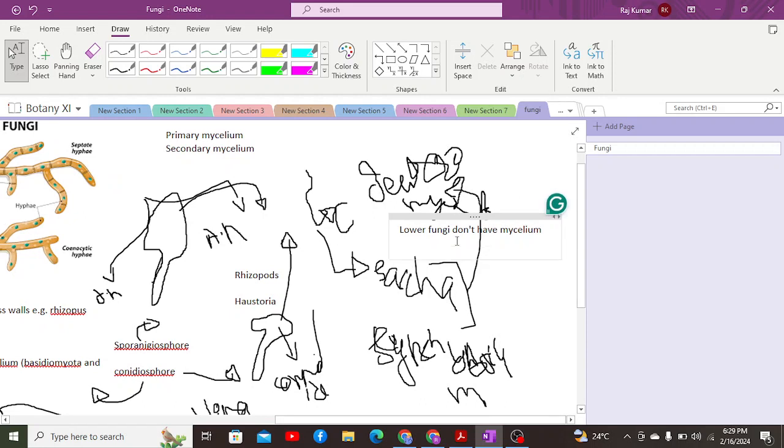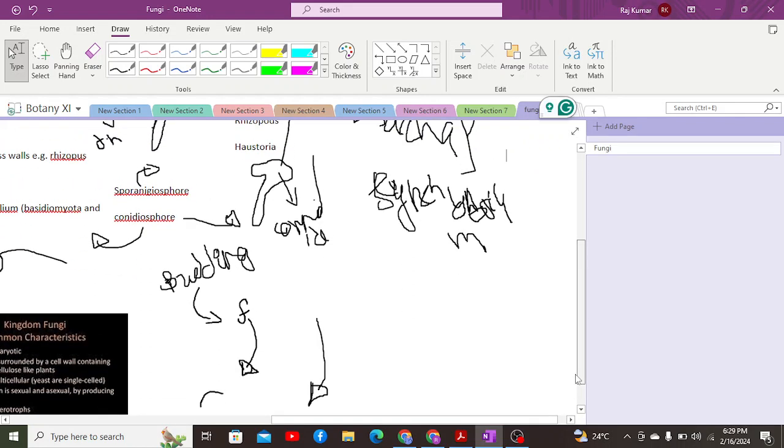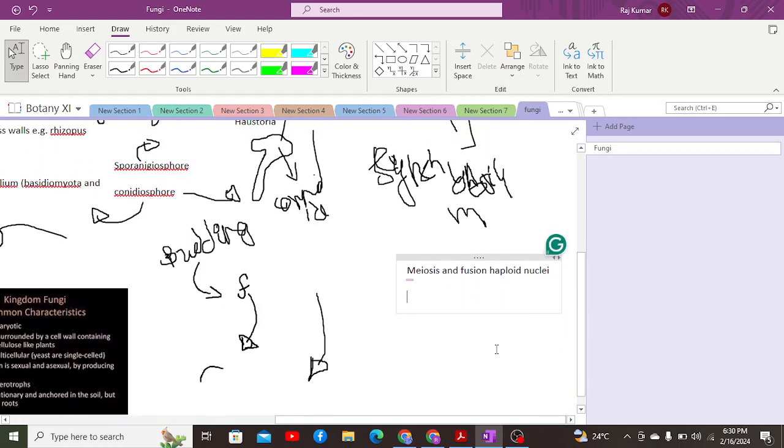So these are some characteristics, and apart from that, conjugation occurs in the multicellular ones, as well as there's another process occurring which is known as karyogamy. In all of the sexually reproductive fungi, two processes are very common: meiosis, number one, and number two is the fusion of haploid gametes. Of course, we do not have formation of gametes, but in that case, we would have fusion of haploid nuclei. And when this fusion of haploid nuclei occurs, that is considered as karyogamy.